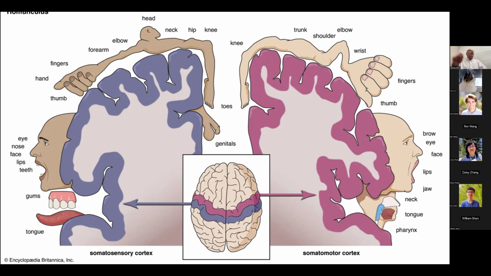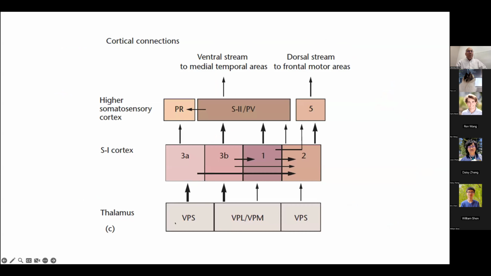Somatosensory, yeah. And then there are numbers. And then there are these kinds of wiring diagrams which tell you how the input comes in. So the input comes in from the skin through the thalamus. So the thalamus is like a way station before it gets to the cortex. Then you have this somatosensory cortex, and then after that there are these two streams, one called the ventral stream and one called the